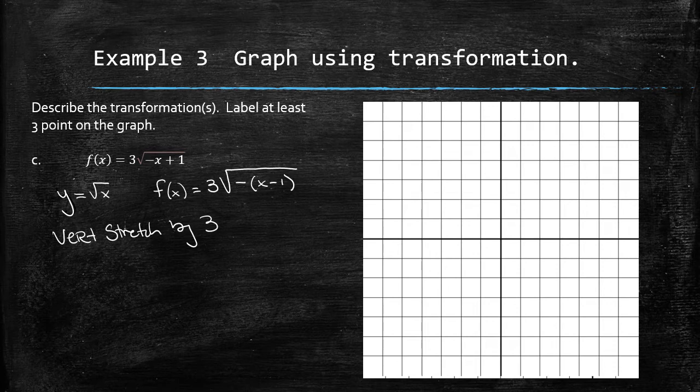You're still going to reflect it about the y-axis. Okay, and then now this part is going to be different. So since I factored out that negative, I have x minus 1, so I'm going to say that's a shift to the right 1 unit. If you didn't factor out the negative, you might tell me that you shifted to the left 1 unit, okay? And the reason why they're both okay is because it depends on the order in which you do these two things. If I start with the radical,